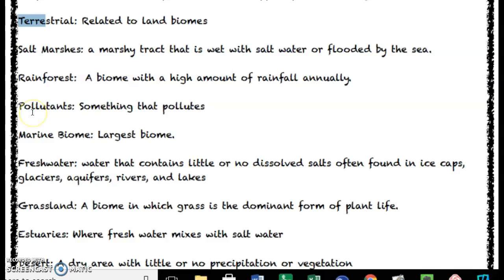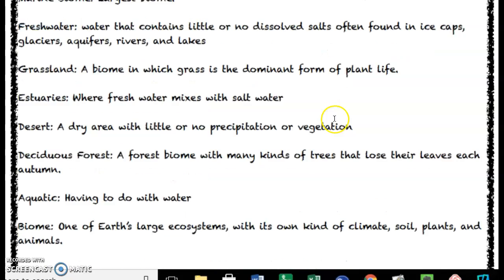We also have some other very important ecosystems, some biomes listed in here, and we have some words that we're going to come across like pollutants, freshwater, saltwater. But another very important word that we're going to come across is aquatic. Aquatic biomes are any of the biomes that have to do with water. And that is our first topic of study for this first part of the week, aquatic biomes. And the big, most important thing is we're going to learn the abiotic factors in an aquatic biome, as well as the biotic factors, and how the combination of those two make each biome very unique.